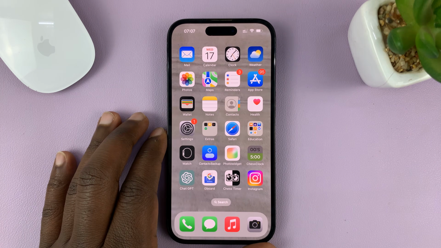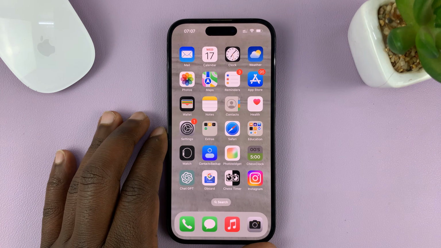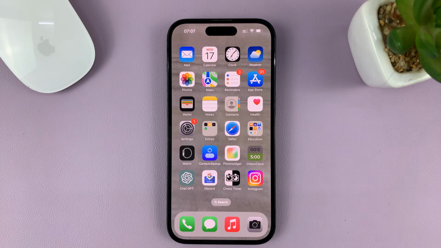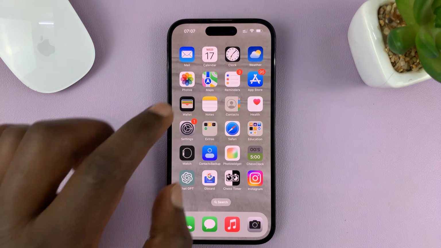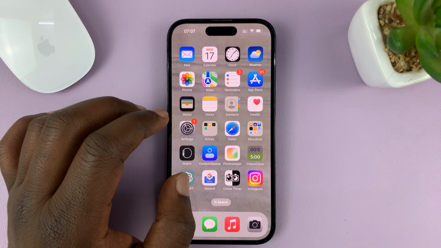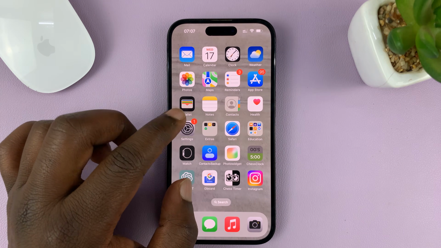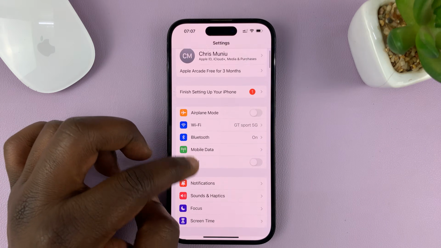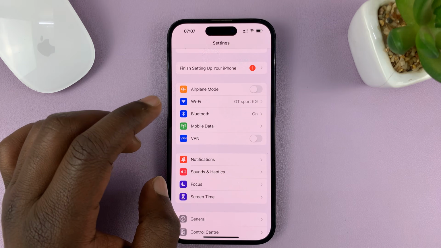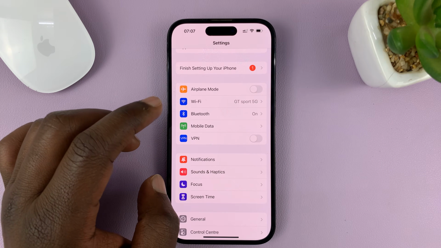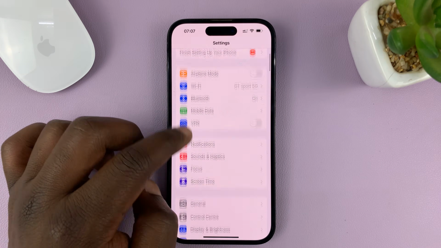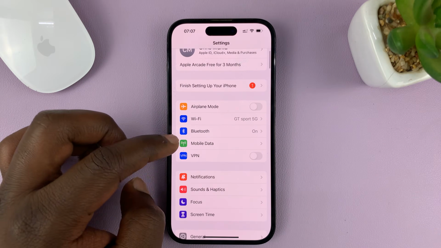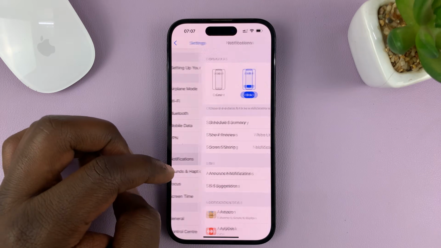So I'll be showing you how to change the notification sounds for third-party apps on your iPhone. Now, if you've tried to change some notification sounds and maybe even have different sounds for different apps, you might have noticed that when you go to try and change notification sounds, you can only do that for Apple applications and not third-party apps. So for instance, if you go to settings and then go to notifications and then look